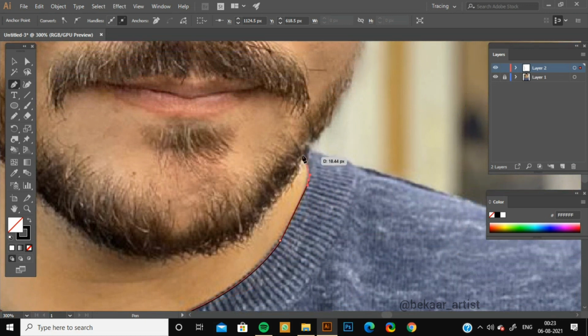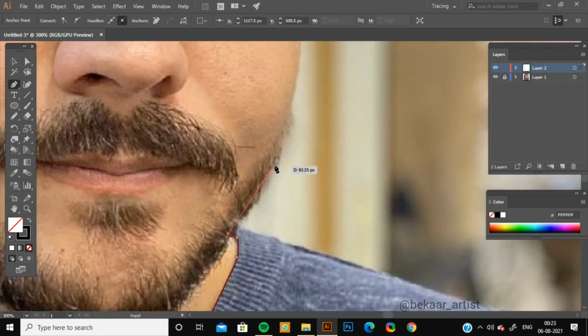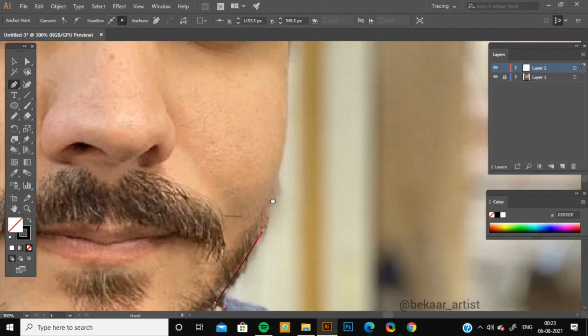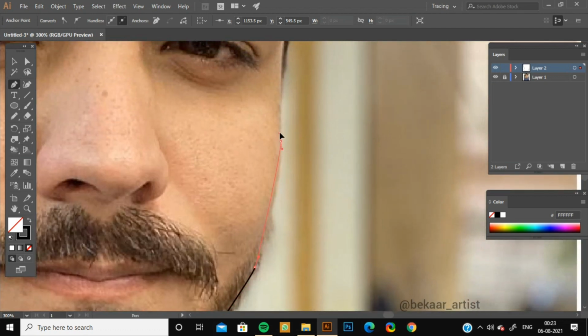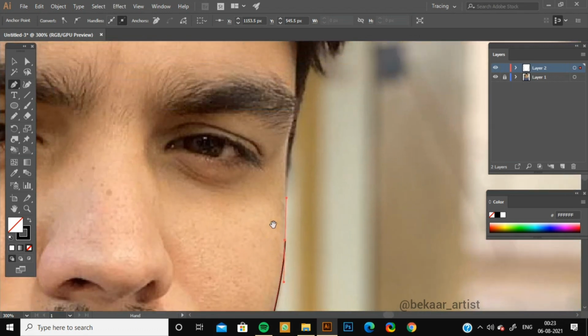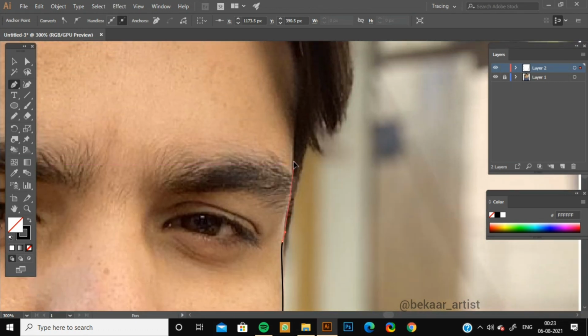Also, if you want, you can use curvature tool, this one, to draw free-form designs. Now with pen tool only I will just simply trace his face like this.